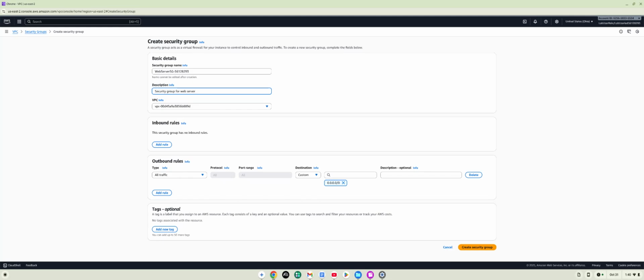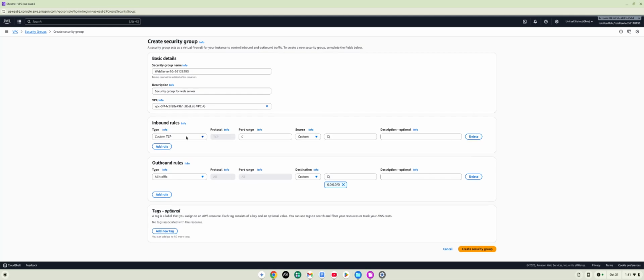What I'm going to be doing first is setting up these security groups, and then I'm going to actually create the instances. So I'm going to create a security group for a web server instance that I'm going to create, and then I'm also going to create an application server security group, which I'm going to create an instance for as well. I need to set my virtual private cloud to the one that I have established here already, which is Lab VPC A, and I need to set the inbound rules